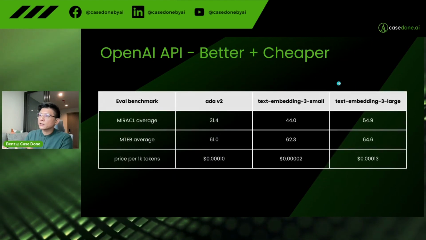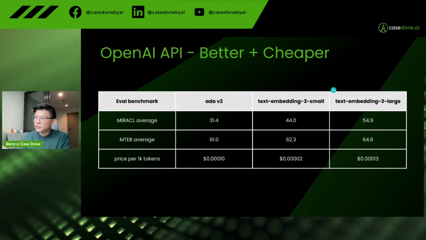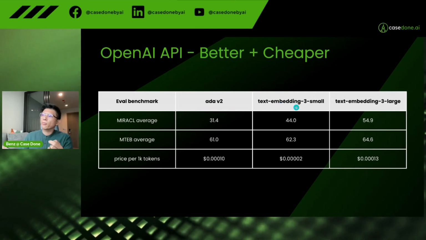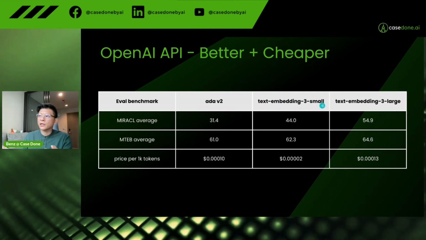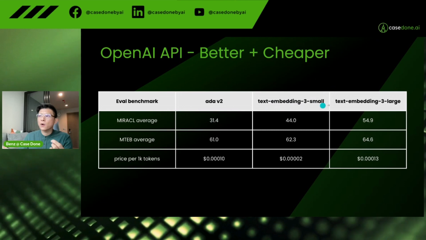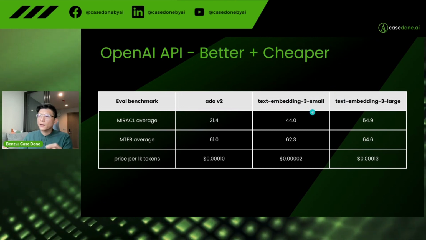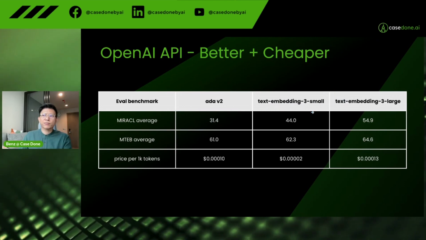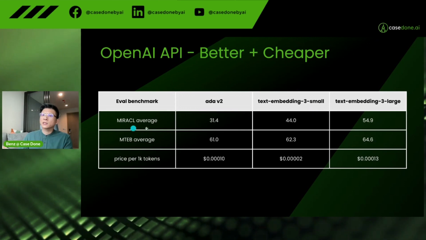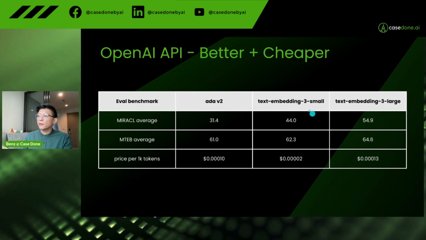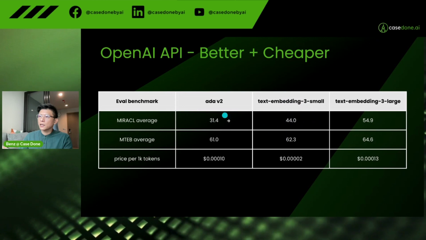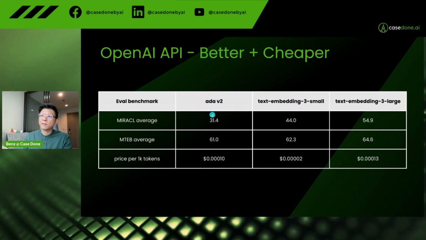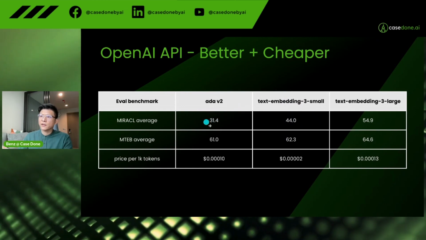So OpenAI has released embedding model number 3. It has two versions, the small one and the large one. The performance is significantly better than the previous models. So on this benchmark, the new model improved significantly, maybe like 10% based on their previous